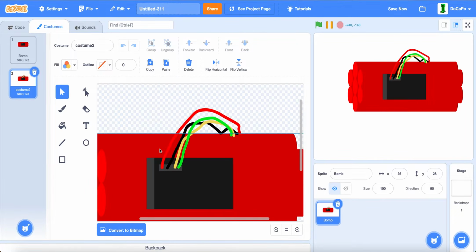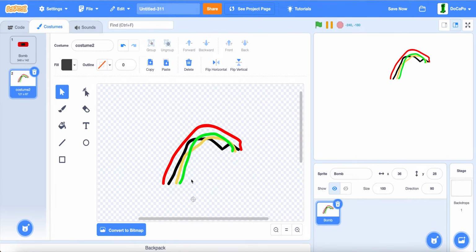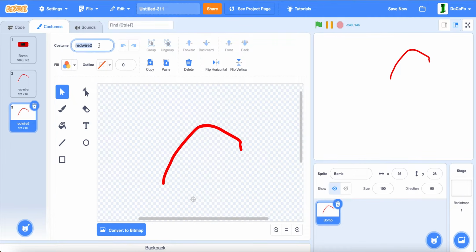Now in here, delete the main parts until you're left with the wires. Now, only copy these three, delete them, and name it red wire. Duplicate it, name this black wire, like this. Delete the red,